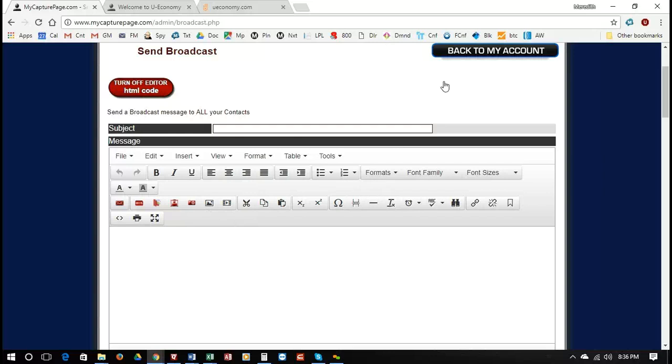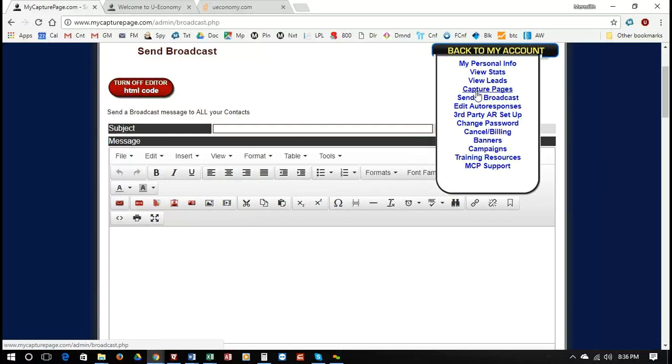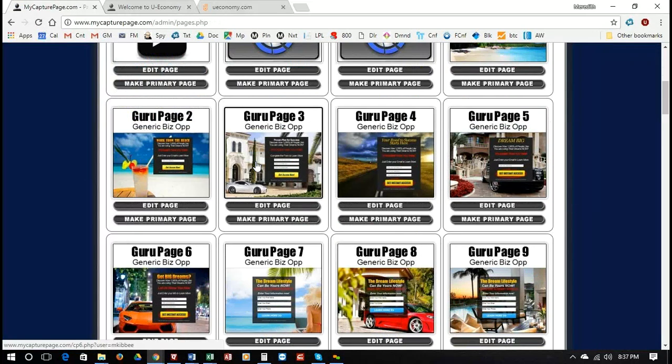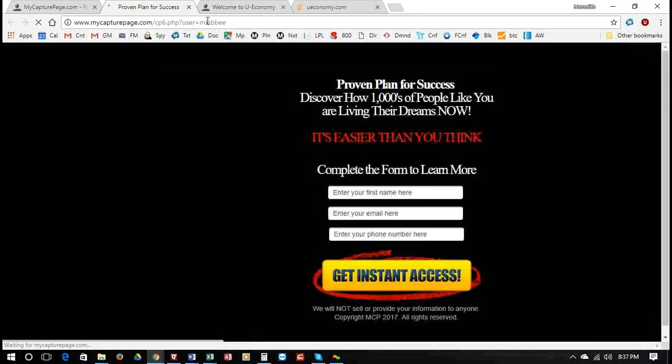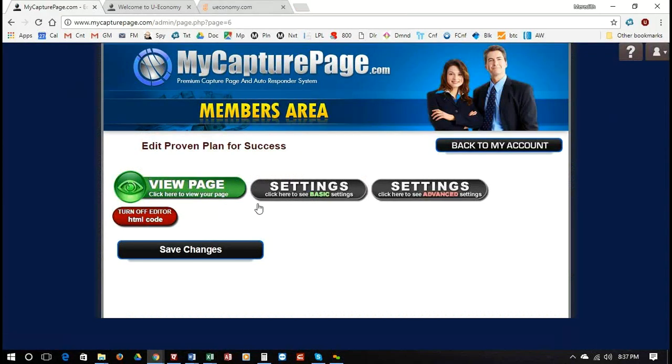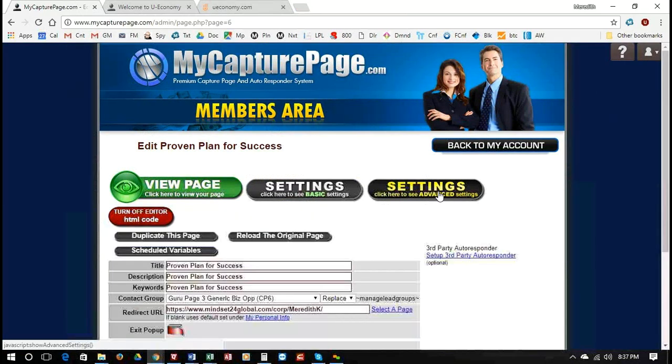Oh, one other thing. Let me go back here before I do that. Let's go back to Capture Pages. Let's just click on any capture page. Oops, I meant to click on Edit Page, sorry. Let's go to Edit Page. Now, it's advanced, I think, is what I'm looking for. Yeah, if you do advanced settings, you can set this up to be connected to your email